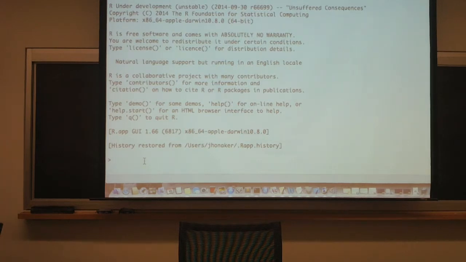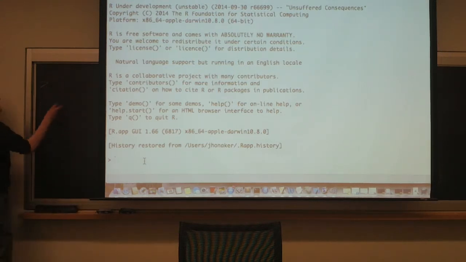If you just click on R though, this is what you'll get. Very old-fashioned sort of prompt. A little caret there, it's waiting for you to type something. So let's find out where it is. The first command we want to give it is getwd, and here's a logic to R.